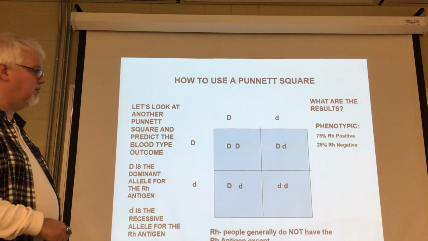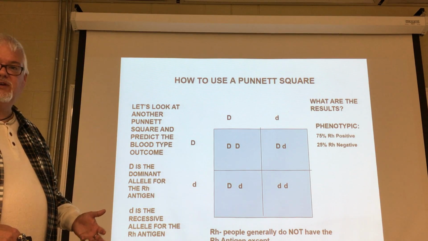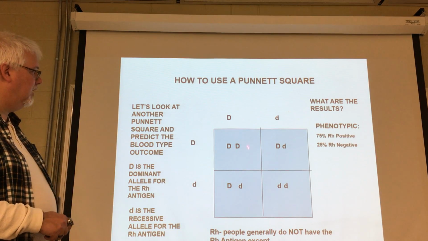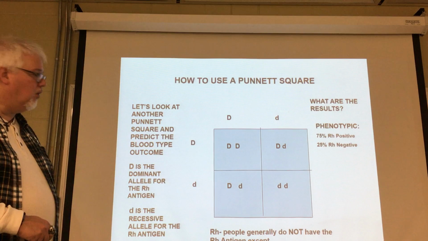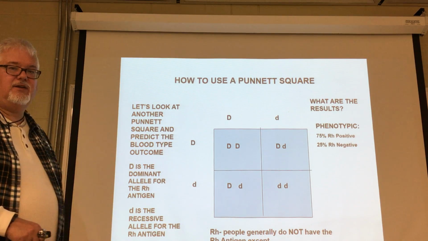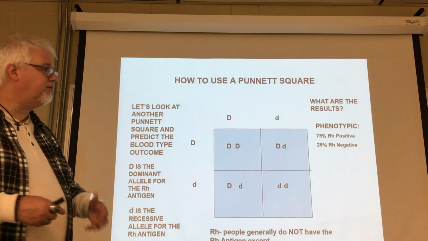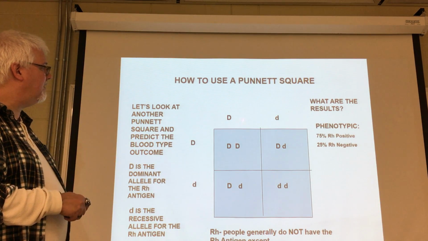Now remember, this is statistics, so these are probabilities. These two parents could have 8 children, and those 8 children could possibly be all homozygous positive or all homozygous negative. Now, that's not likely, but it is possible. For any given pregnancy,